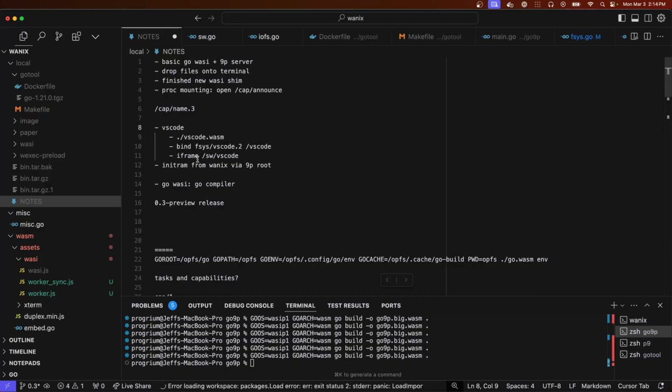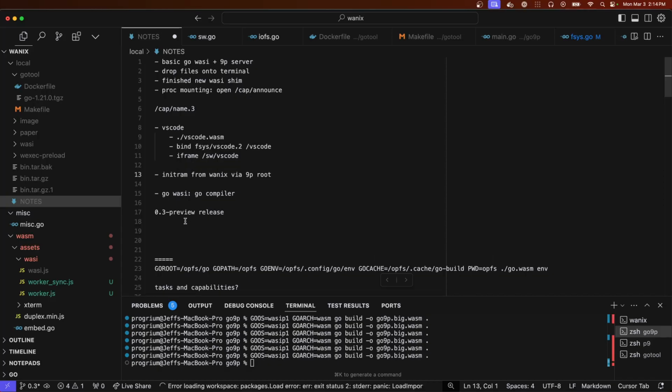And then there's a couple of smaller things that I wanted to get in even for this preview, homebrew and stuff like that. But functionally, that's it. Well, you got proc mounting. Once VS Code is running in it, that's really the win. But I had this extra kind of optional stretch goal, which was to get the Go compiler to run. Because this is where it all started.